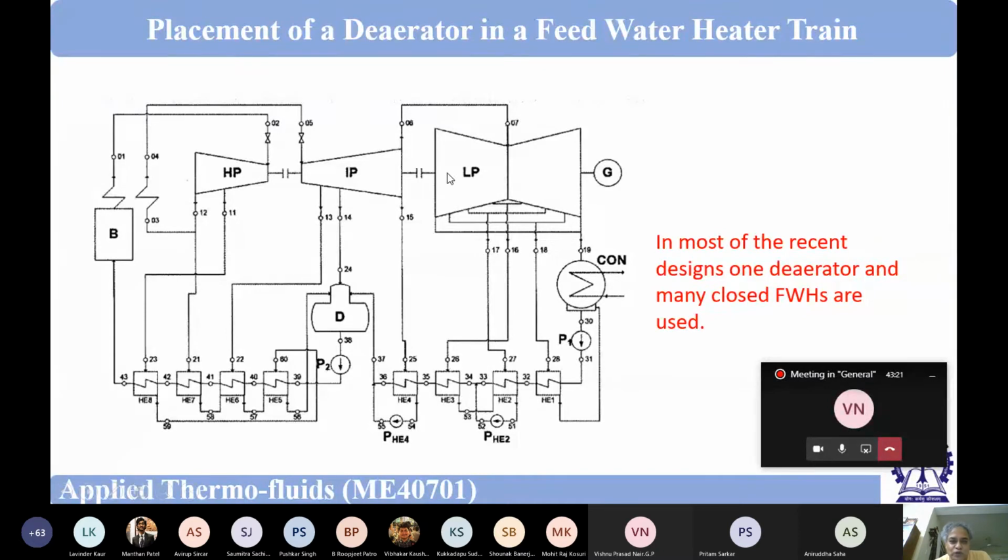Now, if we put the two turbines like this, and they are identical, the same amount of mass flow is going. So the axial thrust will be in the opposite direction, and to some extent, the axial thrust will get balanced. To a very great extent, the axial thrust will get balanced. So that is also one reason that we put two turbines like this. So turbine size will be small because the mass flow rate is getting divided, and then axial thrust will be small. So this is as far as